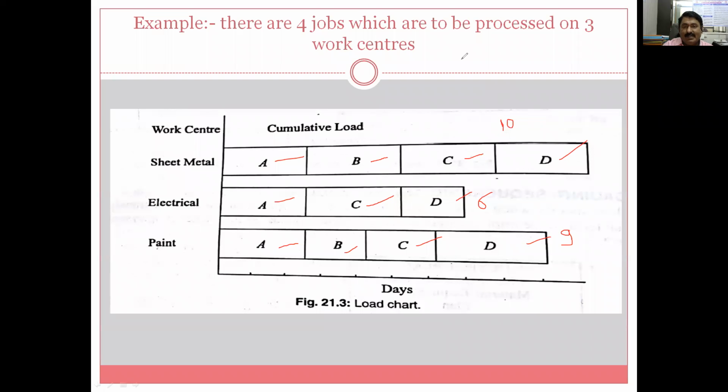So this is nothing but loading and scheduling. Loading is which job is loaded on which work center, and scheduling is for what time or what days and what the sequence is. So an idea about sequence can be taken from this case also. This is one of the jobs. Again, this may be vertical or horizontal, different cases may be there. In many industries, you can see this in vertical lines also. I will show you, just wait.